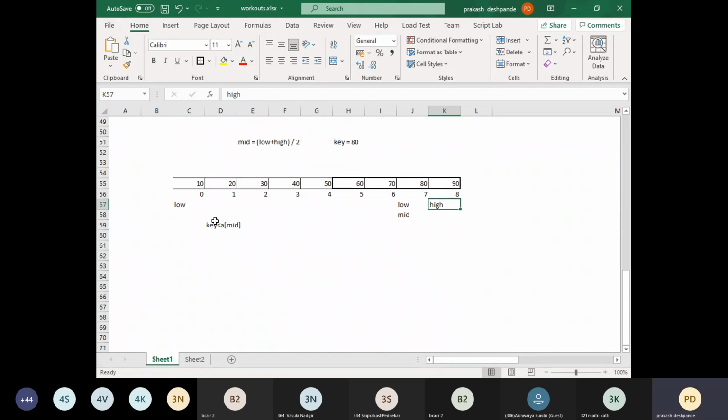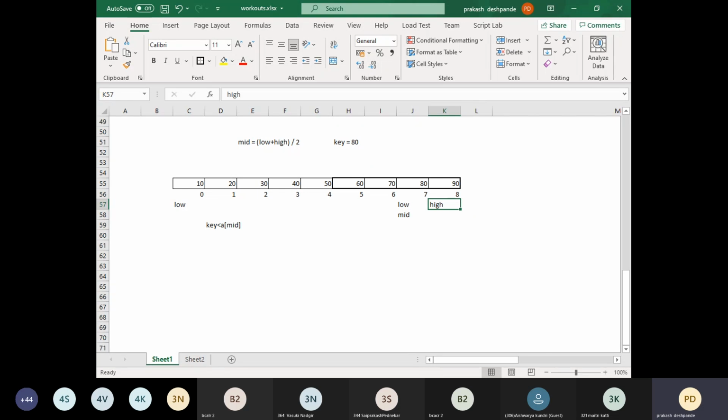Okay, now what I will do is that I will show you the algorithm, which is very simple. Whatever discussions we had, based upon that itself the algorithm is written. And I will take one more example where the element is not present in the array, so that we can understand how the repetition works there.